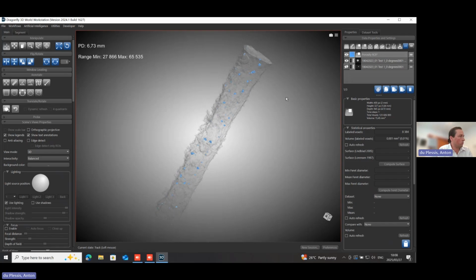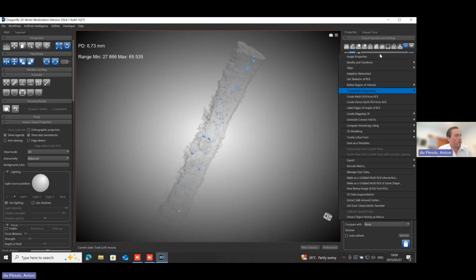In this first example, I just want to demonstrate how to analyze now the sizes of pores by color coding. So the way to do this is we need to change this region of interest into a multi-region of interest. What that means is each separate entity needs a value in a spreadsheet in order to be calculated for having values of volume and diameter and so on. So if you right-click on the region of interest and make a connected components analysis, this allows you to see all the components that are connected. We will create a new multi-ROI.